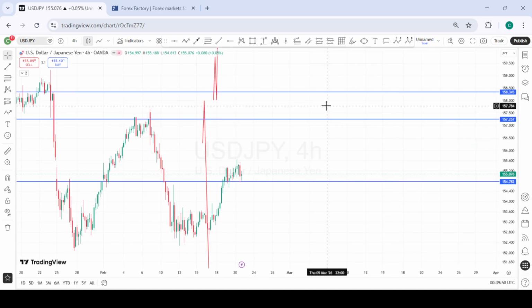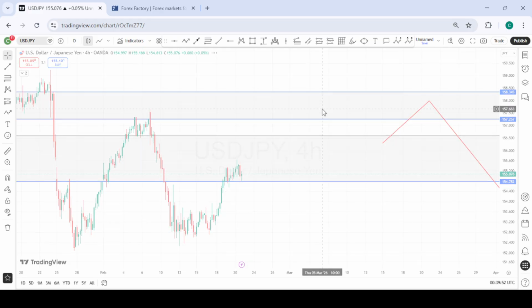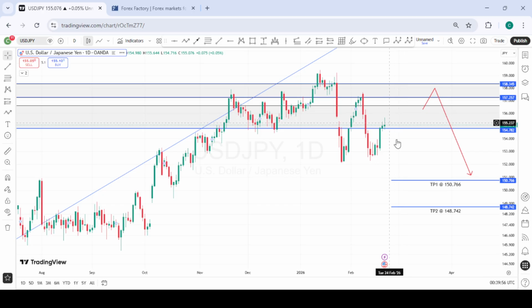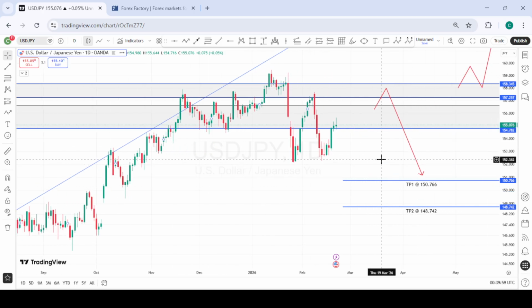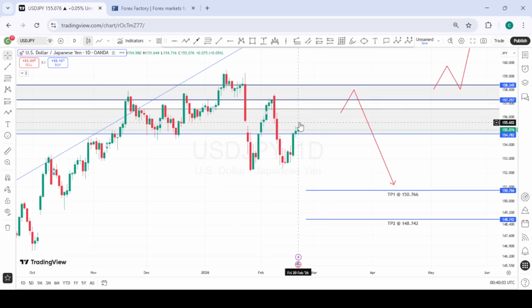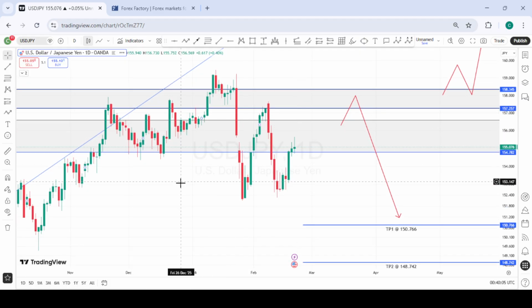On to the next, we have here USDJPY. Last week we anticipated that price was going to pull back into this area of interest to give us selling opportunities to the downside. And currently price is in the area of interest, and we can see some rejections, or you can see price slowing down gradually. So going into next week, we'll be looking forward to see a reversal pattern within this zone,